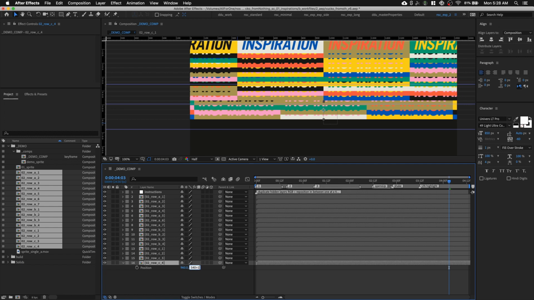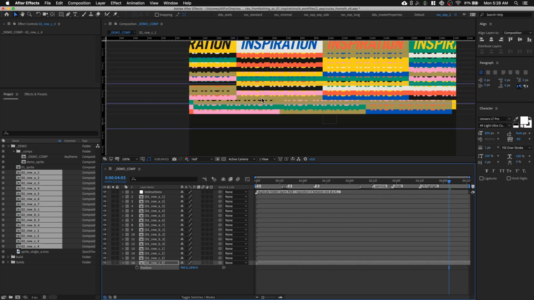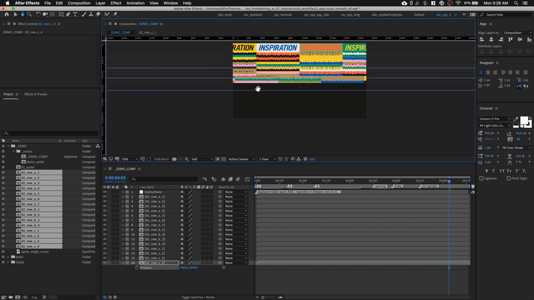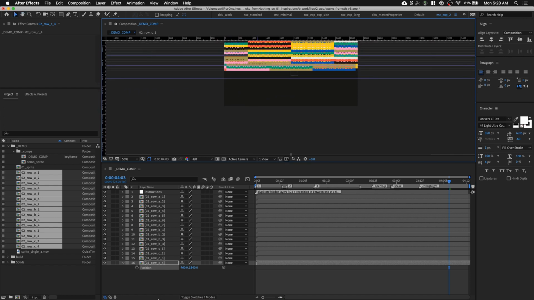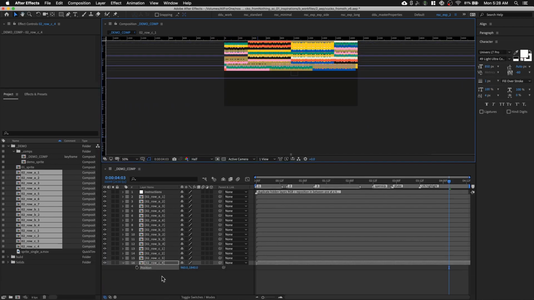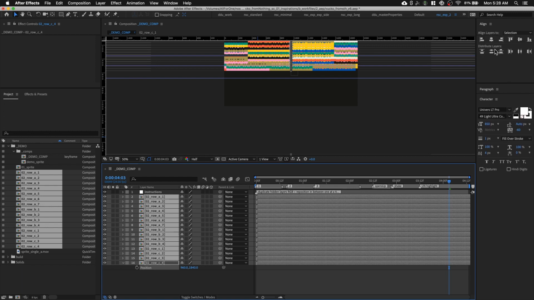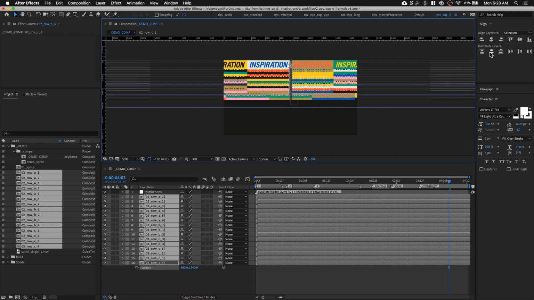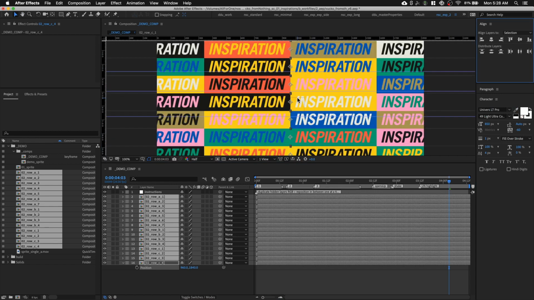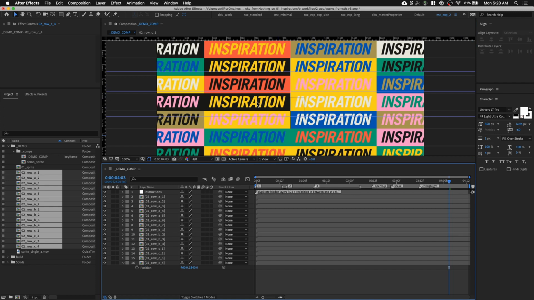Let's add 130 times 10. Because the height of each row is 130, I'm going to select all of them, go to my align panel, select distribute layers, distribute vertically, and everything will tile perfectly. And now our next step